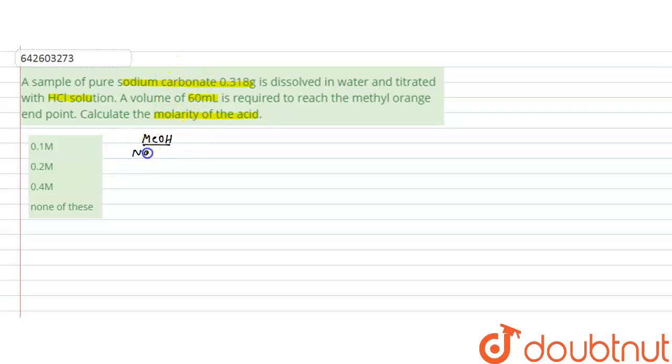Na2CO3, sodium carbonate, is completely neutralized by HCl solution, and the reaction is this: Na2CO3 plus HCl, it will form 2 NaCl plus H2CO3. It is completely neutralized. So when it is completely neutralized, the equivalence of the sodium carbonate will be equal to the equivalence of the HCl. We can say equivalence of Na2CO3 will be equal to the equivalence of the acid used,